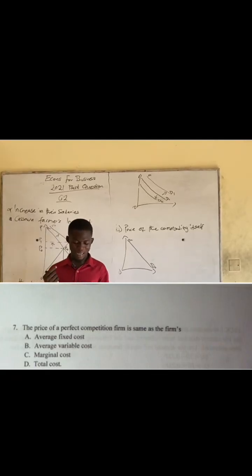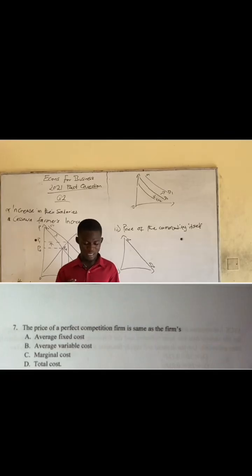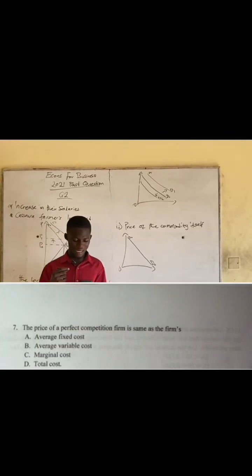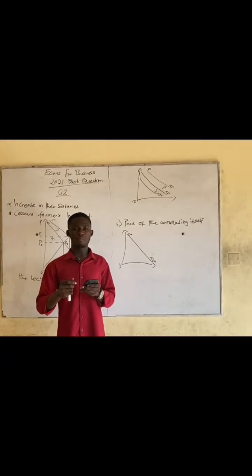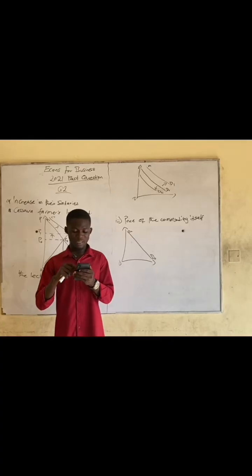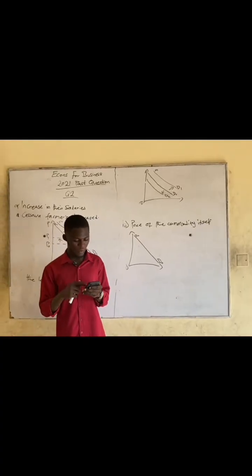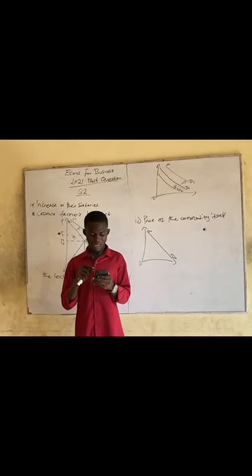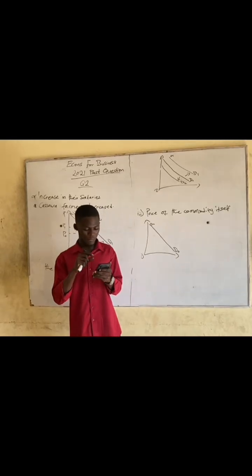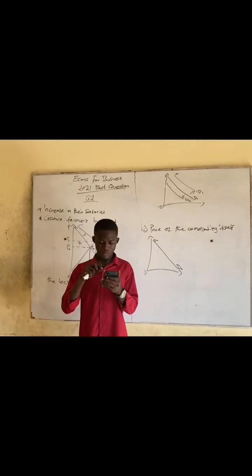And we can identify the correct answer, which is C. So our marginal cost is always the same as the price in a perfectly competitive market, or firm. So there is a scenario and a diagram that we are supposed to use to answer questions 10